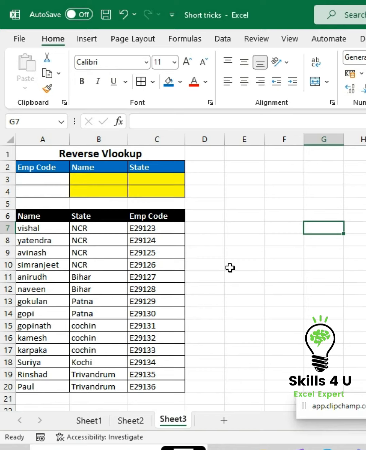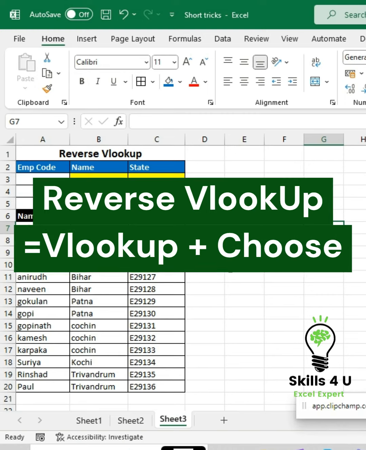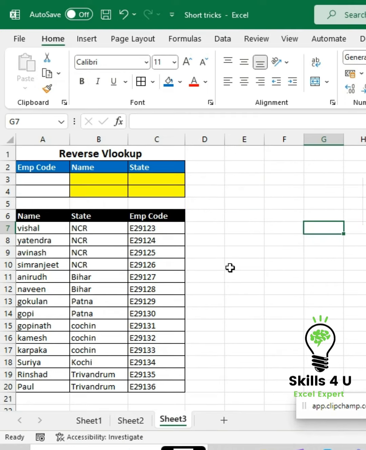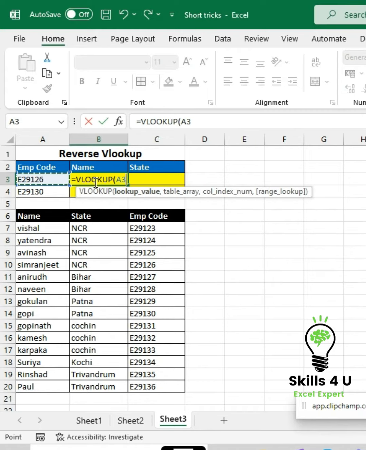Today we will learn how to fetch data on the left side of our lookup value using VLOOKUP and CHOOSE function. So let's get started. VLOOKUP, lookup value and table array. In this case we cannot select the table because the lookup value should be in the first column, but here it